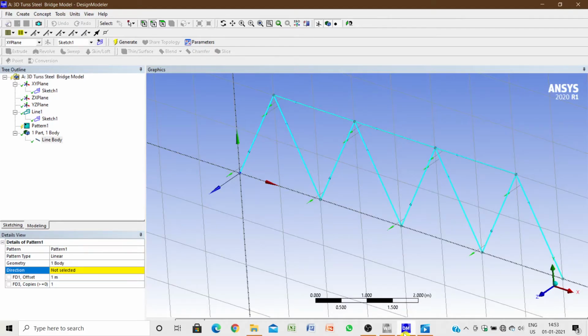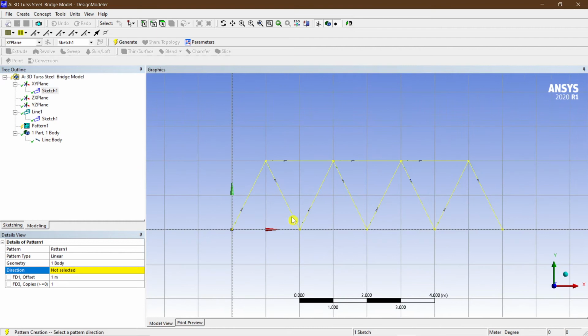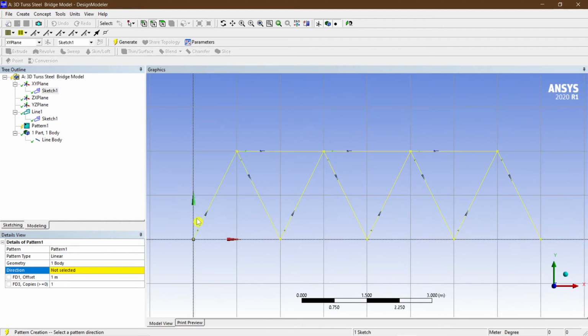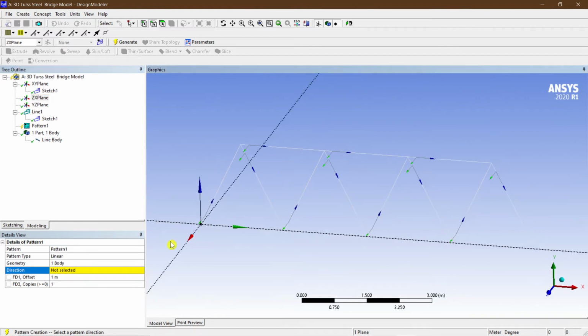So my dear friends, what you have to do is you have to select the ZX plane here. Since you are getting visible only the X and Y plane here, your truss element should be perpendicular to the screen. What you are saying is that the offset should be perpendicular to the screen. So you have to select the ZX plane. Now then only the grid line will be in this place.